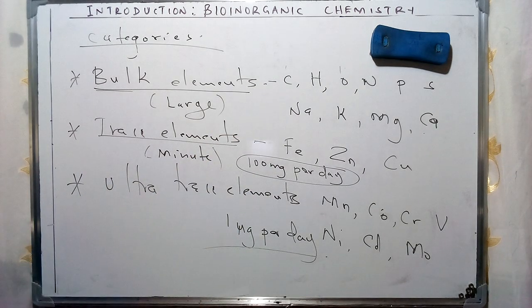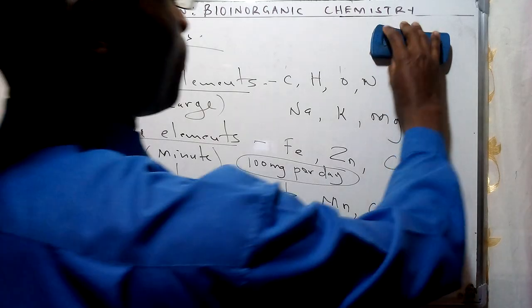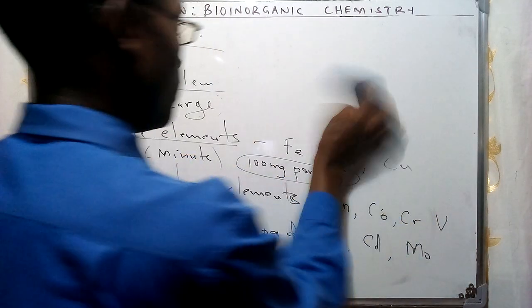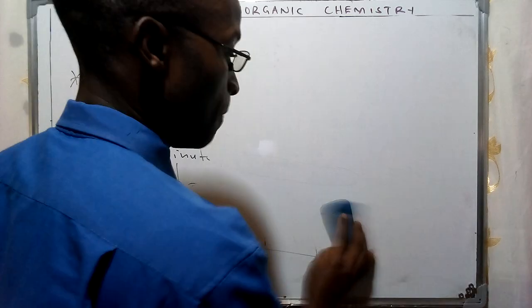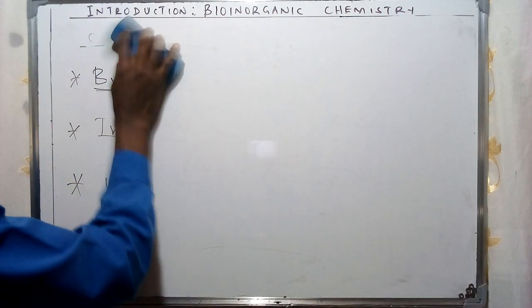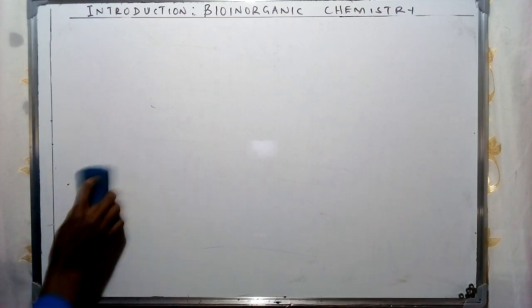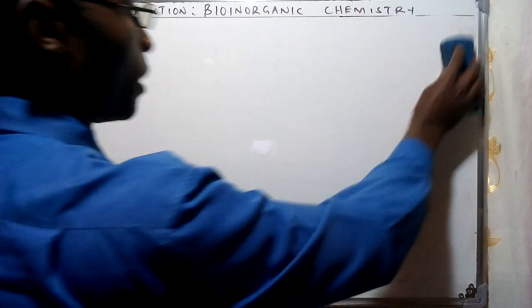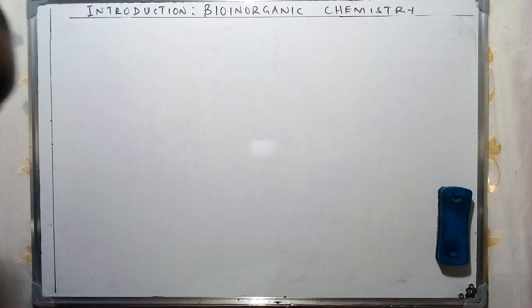And therefore, we're going to see that the relationship between the abundance of this specific element in the Earth's crust and the requirement in the body is going to be basically differing. And therefore, that's going to form for us a basis for trying to describe some of the physiological processes which are going to be involved to ensure that these specific elements are available for utilization